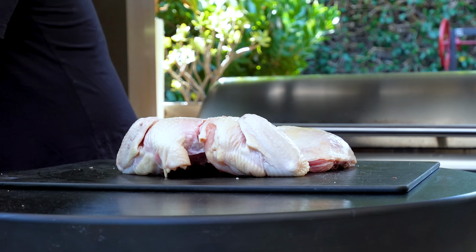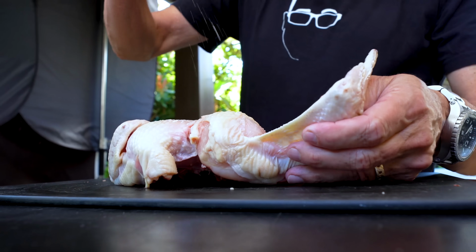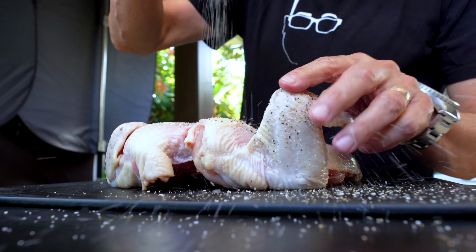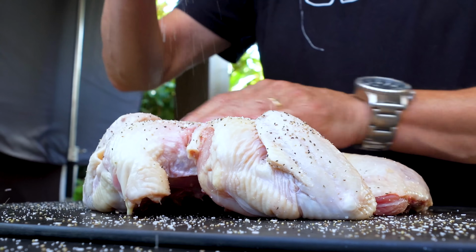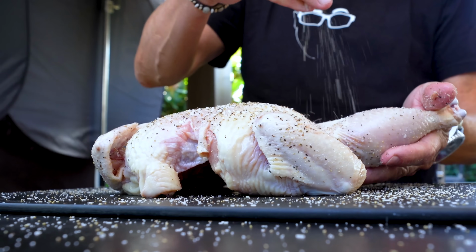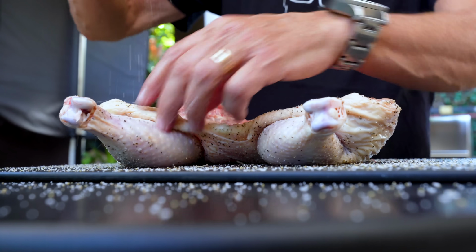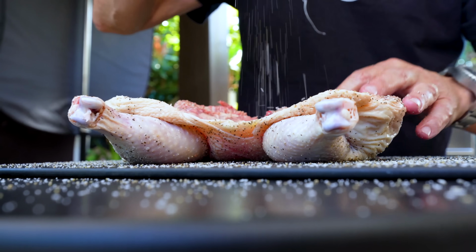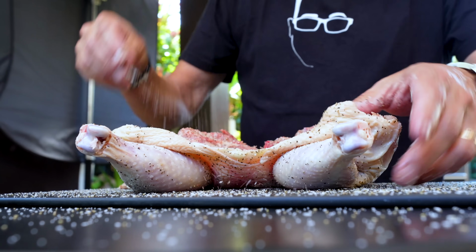So we're going to go simple at this point. We're just going to give it a little kosher salt and pepper. We'll be generous. Wings, breasts, wings, breasts, legs, thighs, and these little hidden crevices. Give them a quick turn. Season the whole kid well. And when he's done and you're happy,